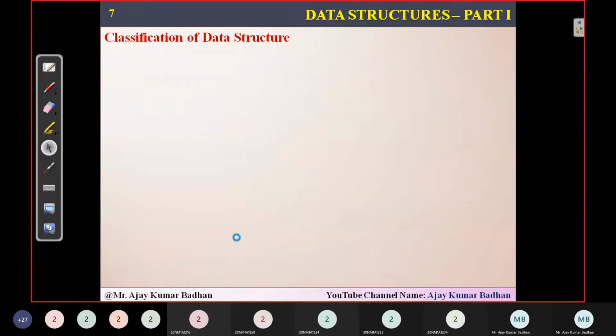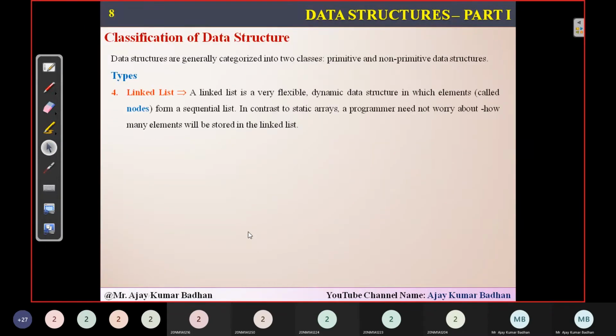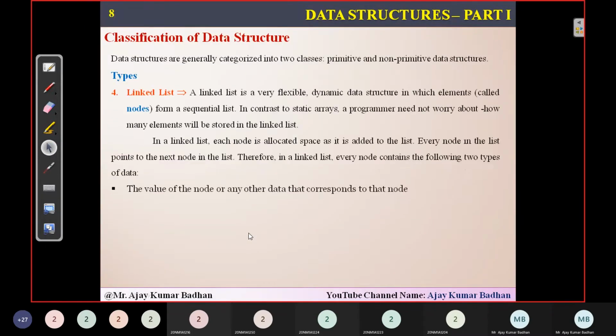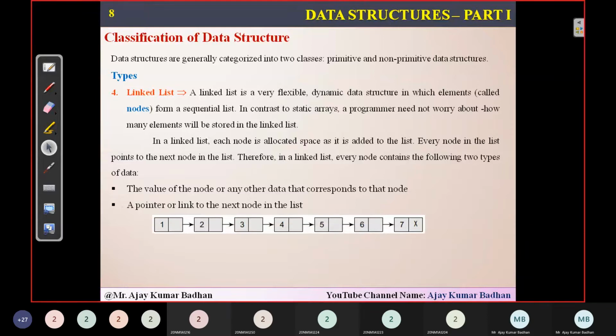To overcome this, we come to something called a linked list. Arrays are statically represented, whereas linked lists are dynamically represented, and they are also flexible. Flexible in the sense you can keep on adding elements. You don't have any restriction. You don't have to declare a linked list the way you declare arrays, because these are dynamically allocated. Since you are dynamically allocating space for the linked list, you can store as much data as you want.